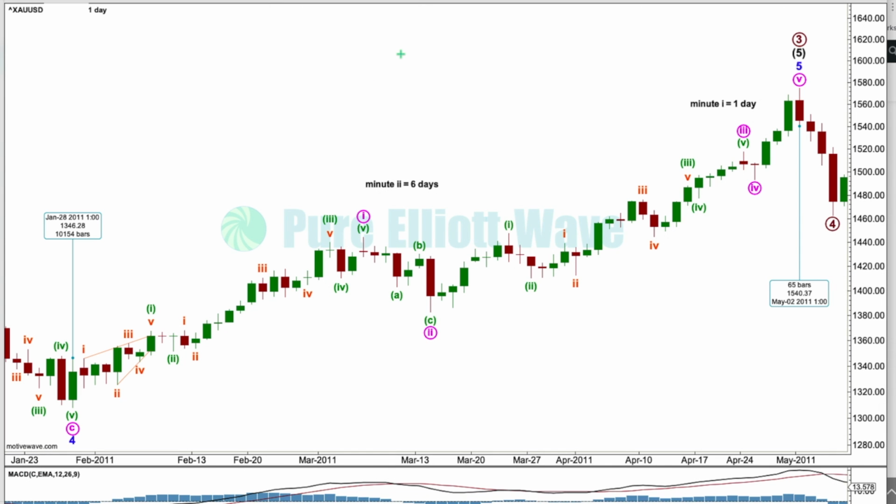Here's the last example I'm going to show you on gold. This is in a bull market. This is a third wave, at least that's how my analysis labels it, a third wave ending May 2011. And this is the fifth wave of the third wave, or minor 5. It begins here and ends here, and I have 1, 2, 3, 4, 5. The second wave lasted 6 days, the first wave lasted just 1 day, and it comes before a strong, sharp little fifth wave. There's a lot of energy in here, the momentum is stronger, the range and volatility is increased in this fifth wave, so typical behaviour for commodities.